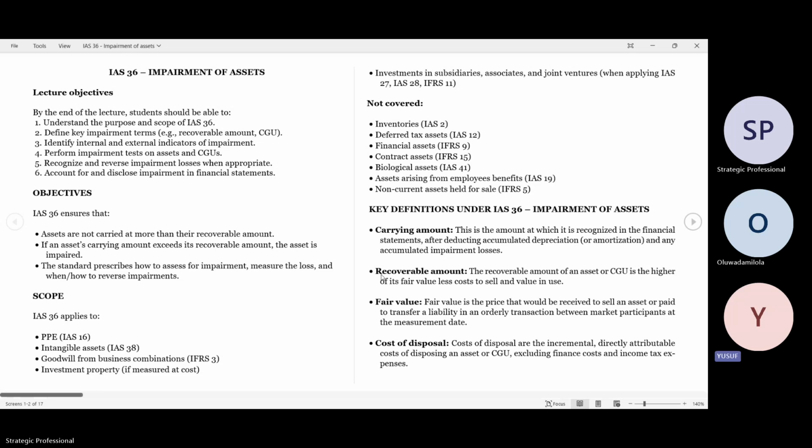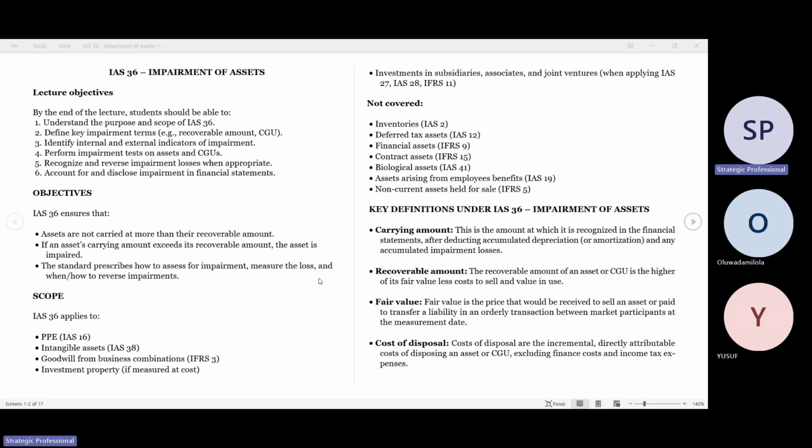It's just, to simplify it, a reduction in the value of an asset, PPE, due to wear and tear. Okay. Or probably a reduction in the economic value of that asset. Okay. Fair enough. As a result of maybe internal and external factors. All right, Mr. Yusuf, are you done? Yes. Okay. Thank you for that brilliant explanation.